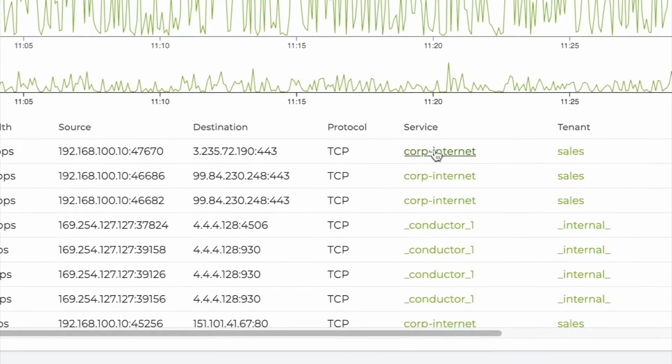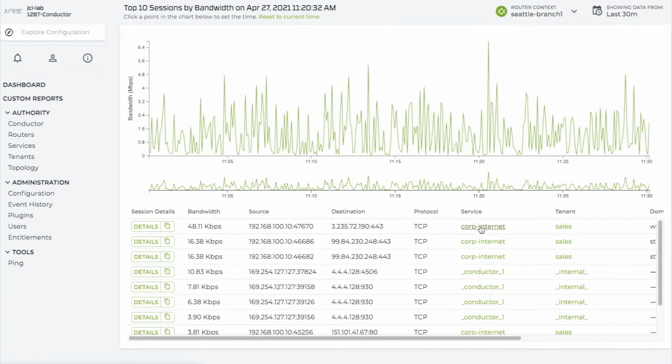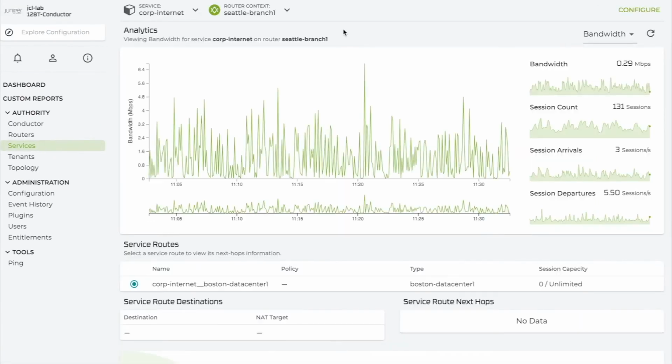Every session you see on the SSR is ultimately going to be destined for a service that is important to your business. Here we see some of the analytics that are devoted to our corporate internet service. Services group one or more applications into a named service that is distributed to the routers managed by the conductor. All destinations described by the service can be given their own routes and policy for things like path selection, security,